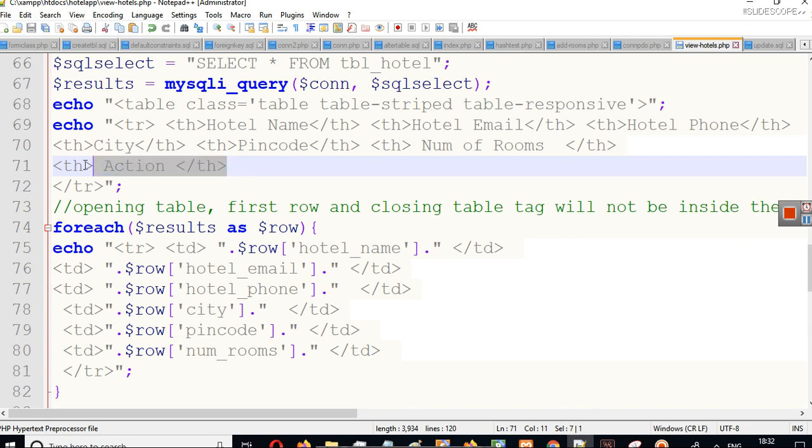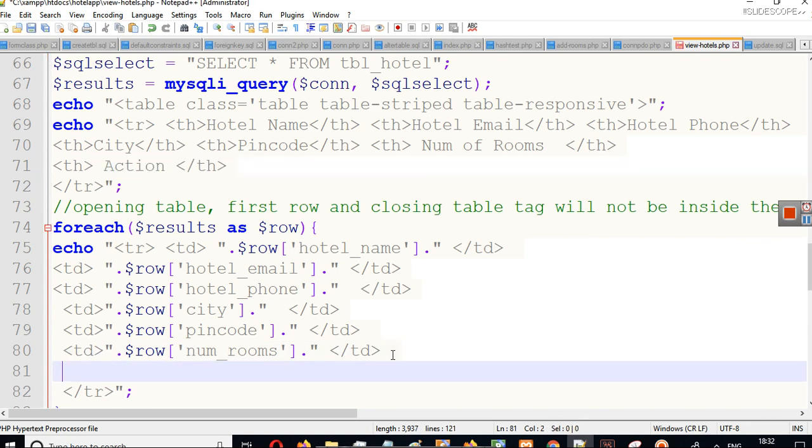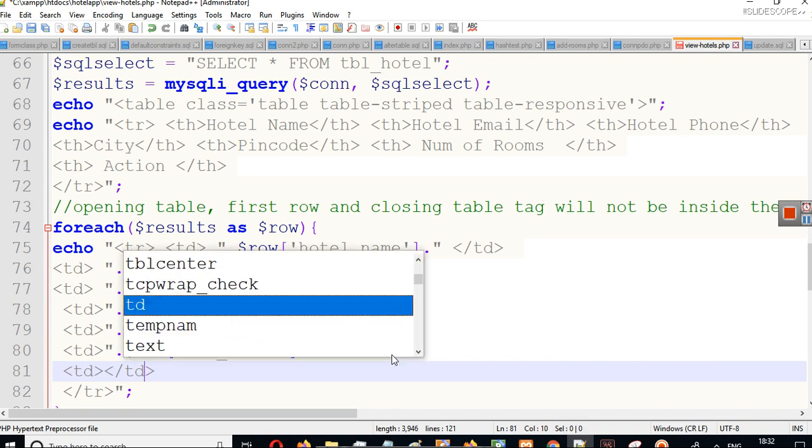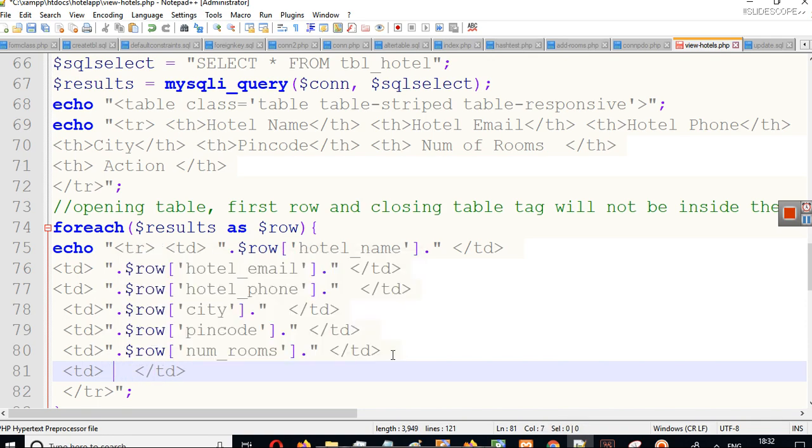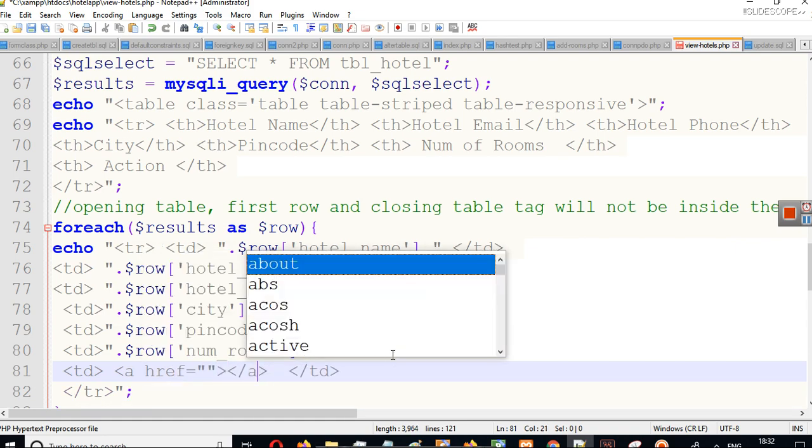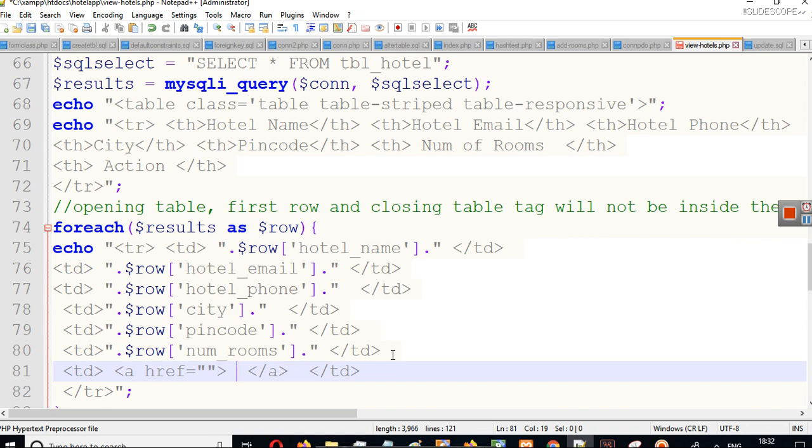And because now we have added one heading here, it's time to add one more TD here, which is the table column. And in this table column you have to create an anchor tag. Ahref is equal to, because we want our users to navigate to a new page, and we will create that new page just now. Before creating the new page, we have to create an anchor tag here and test the button here.